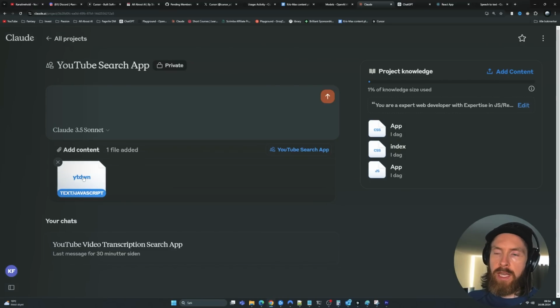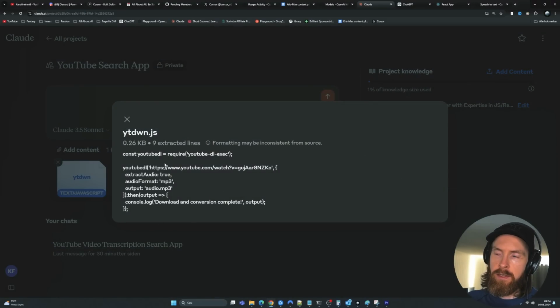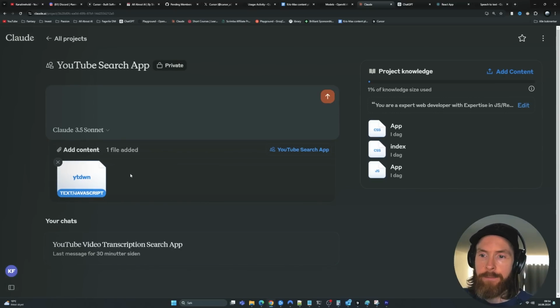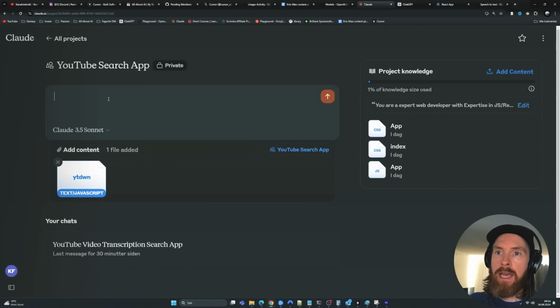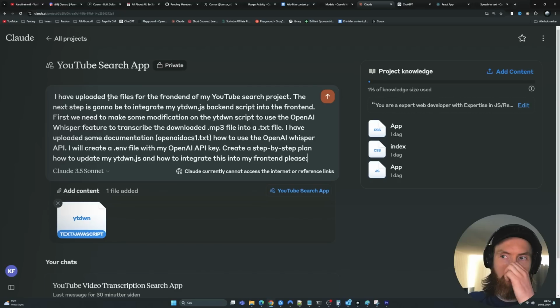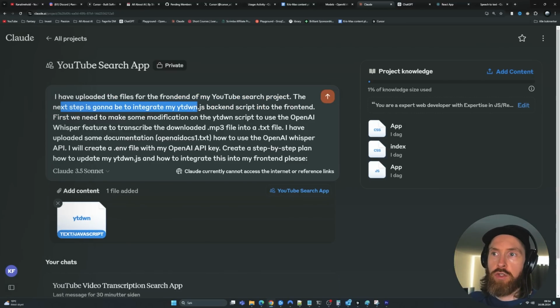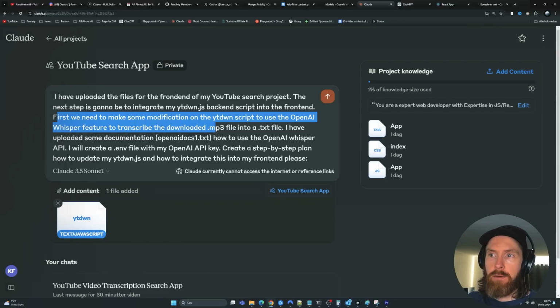And I uploaded our script here that can download a YouTube video and turn it into an MP3 file for the audio we need. And I created a prompt here. So I think we're just going to go through this prompt and I'm going to show you some documentation I grabbed for this. So you can see I uploaded the files for the front end YouTube search project, right? The next step is going to be to integrate my YouTube down.js backend script into the front end. First, we need to make some modifications to this script using the OpenAI Whisper feature to transcribe the downloaded MP3 file